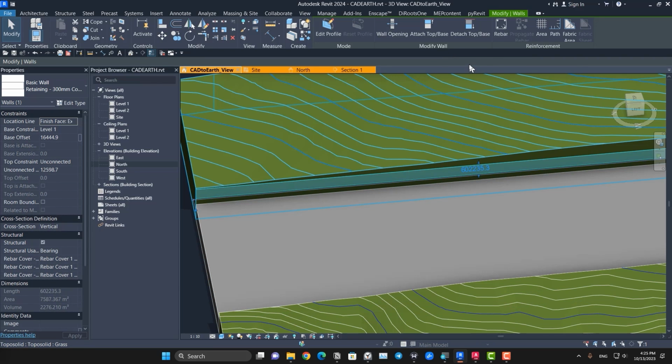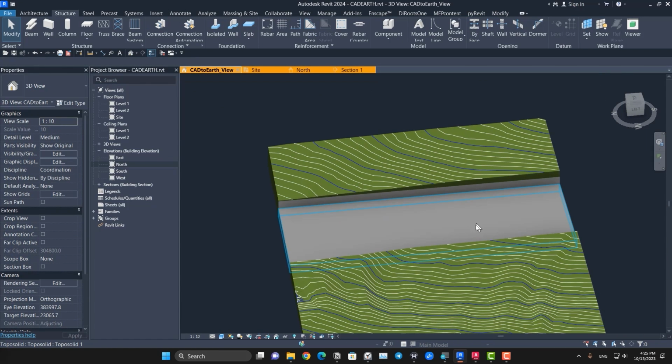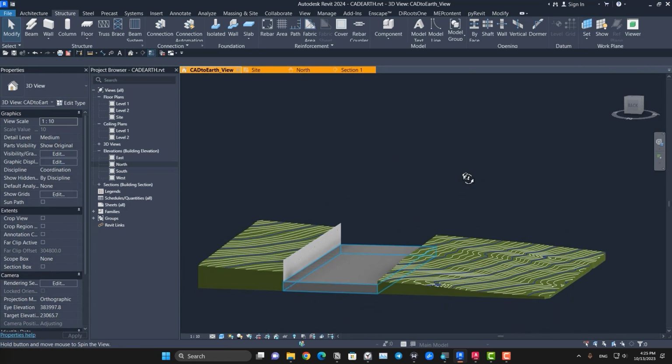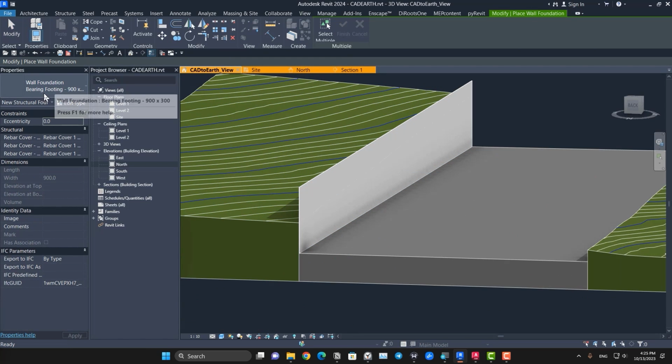And now you can just attach top base, click on base and attach it to here, and you can give the height whatever height you want. Let's bring it to here. And in here, if you have any slabs, let's go to the wall, let's go for retaining footing